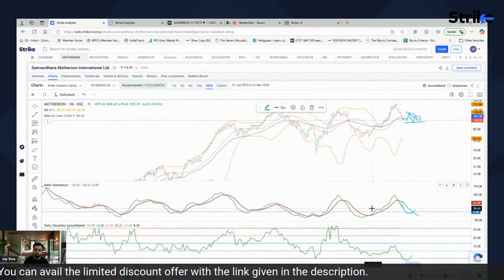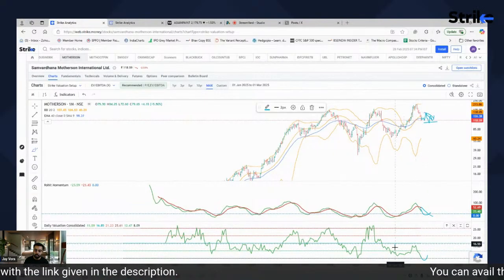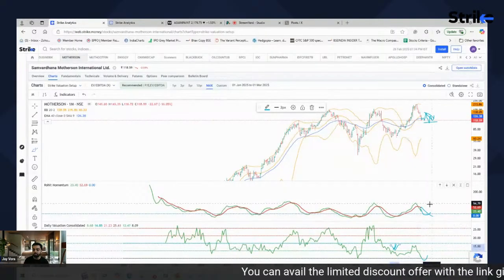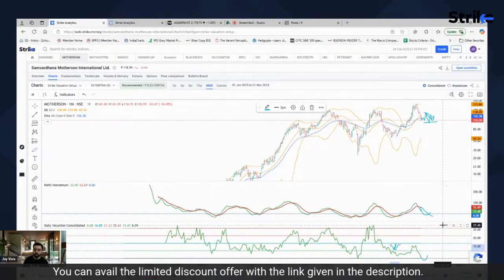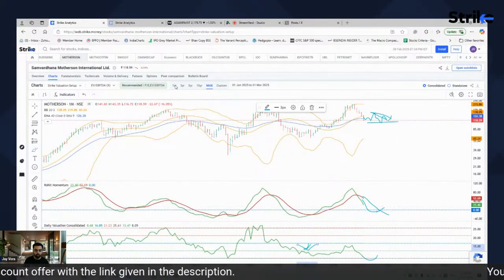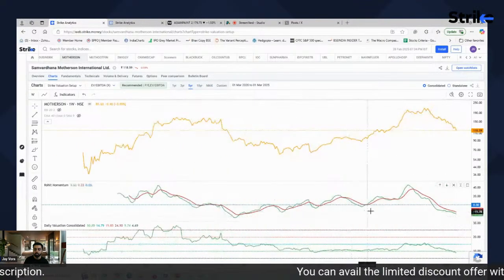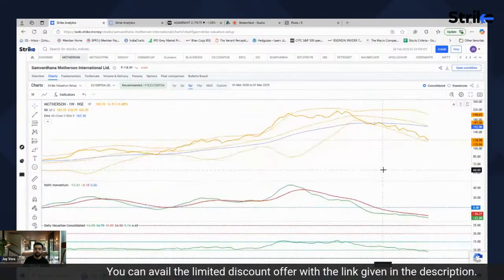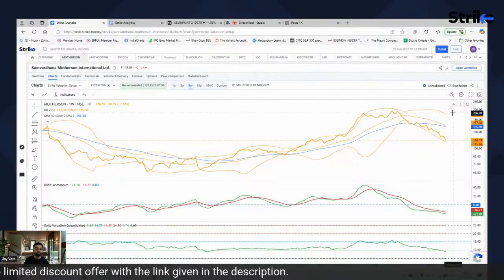So what you need to figure out is to find the stocks that are trading below the average. In most cases, if you see the weekly and the monthly charts, they might not be good. In fact, if you want to slightly fine-tune your entry, then what you can do is look out for a weekly chart, look out for this setup and wait for the stock to get above the averages.